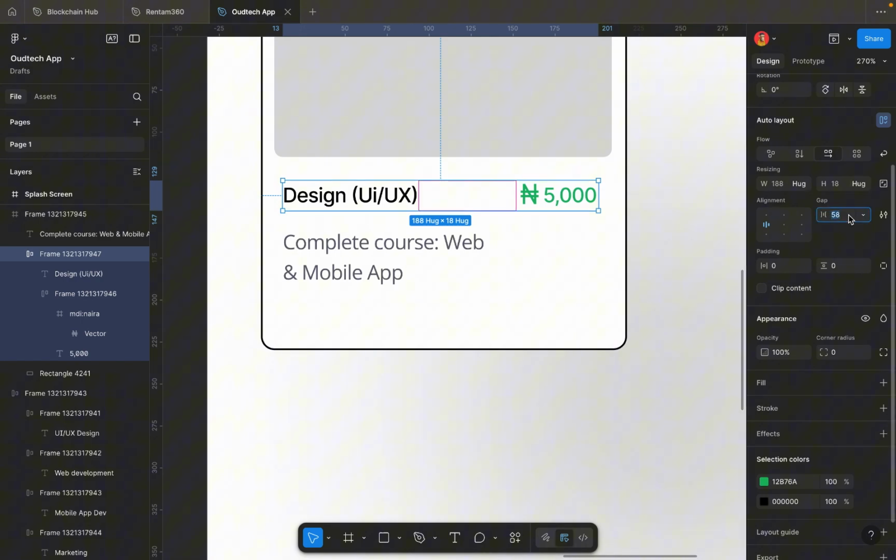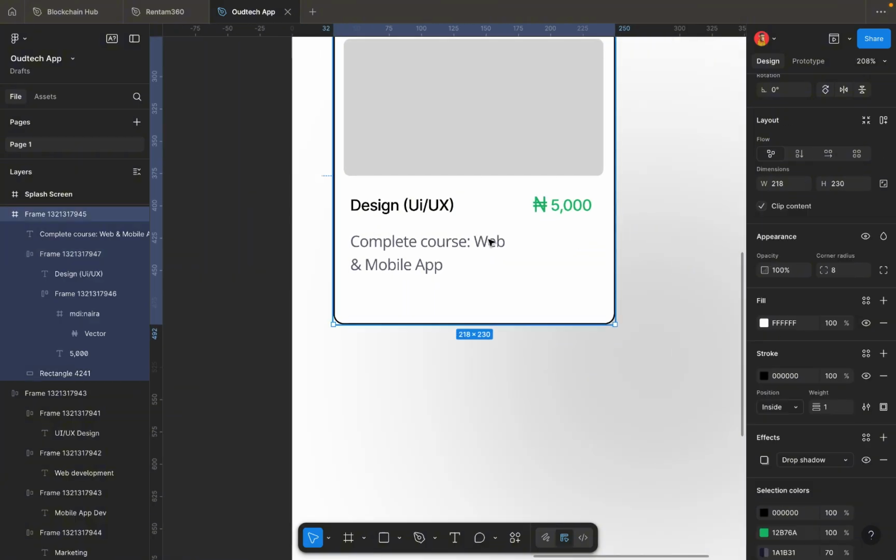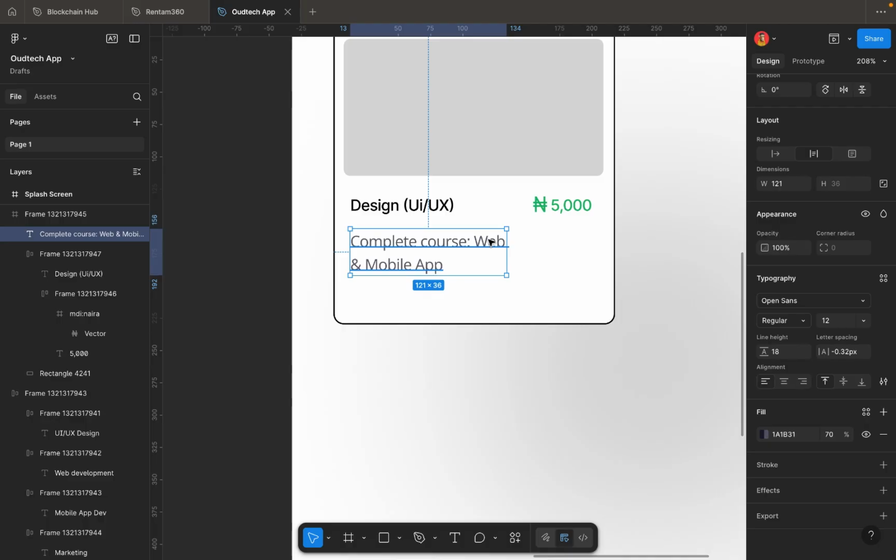So mine is on 58. I can still reduce to 57 from here, but I prefer 58. 58 is actually okay for me. So I will just work with the 58. Okay. So for this guy, I will just bring it up a little. I think I'm talking too fast. So sorry. So for this guy, I will just bring it up a little